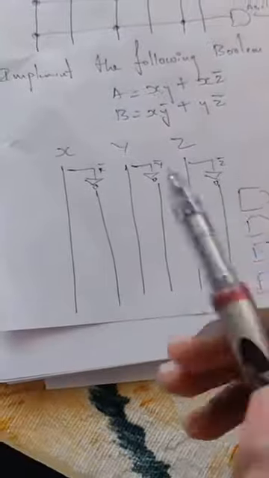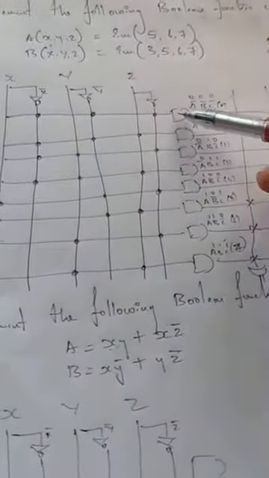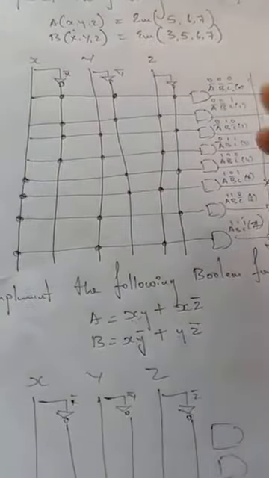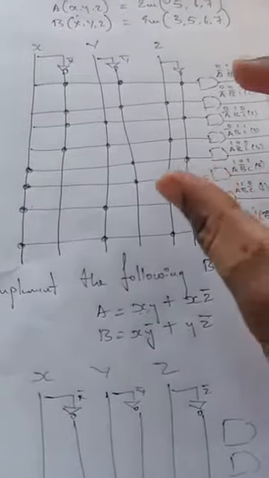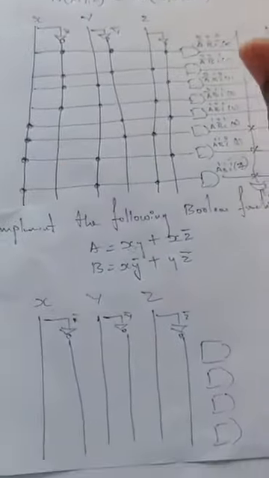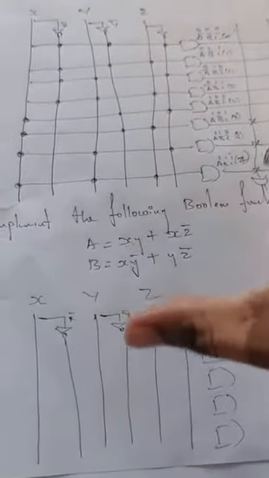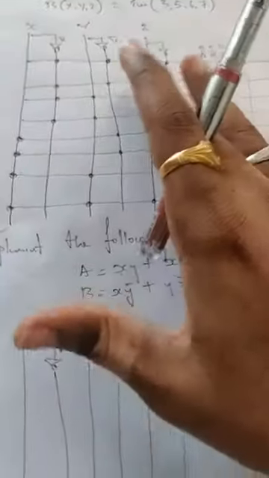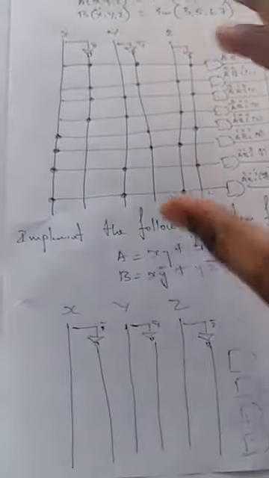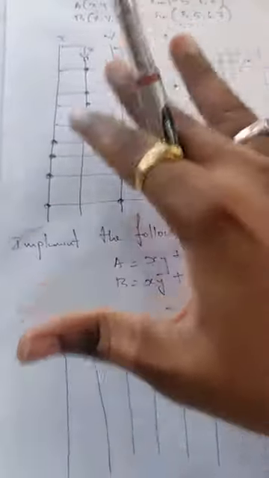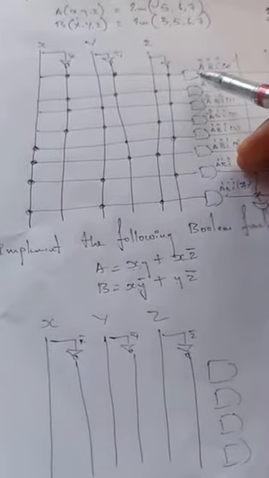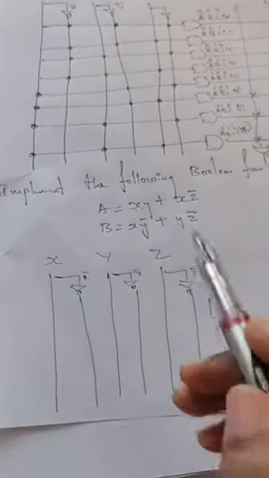As you all know, when we have x, y, z, 3 variables, 2 to the power of 3 is 8, so we are supposed to write 8 AND gates. That is fine if you have so much time, you can go with this. I'm just telling this with respect to PAL, not with respect to PROM. When it comes to PAL, if you have enough time, you can write this. But to avoid the confusion, no need to write all this from 0 to 8. Just look at the products.